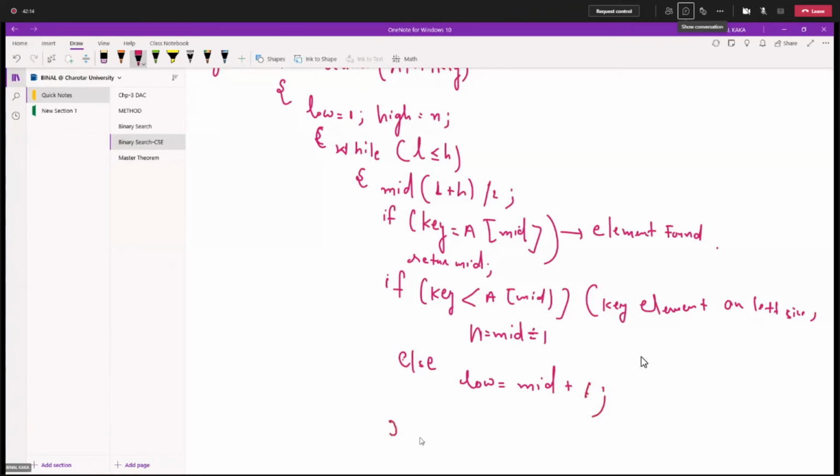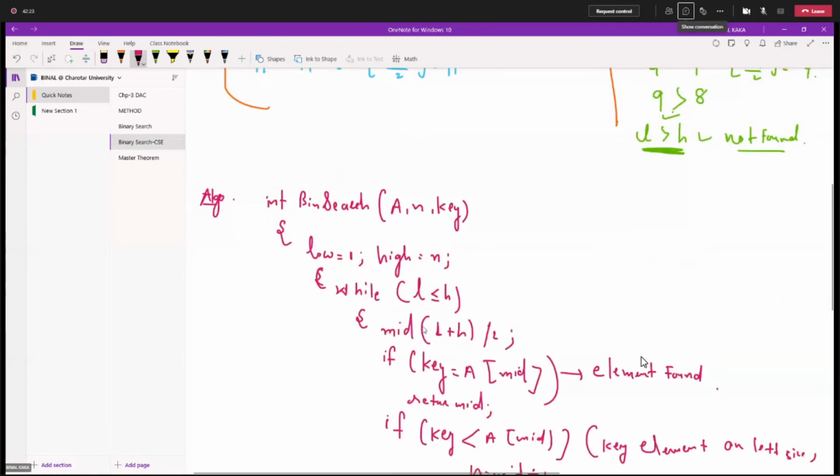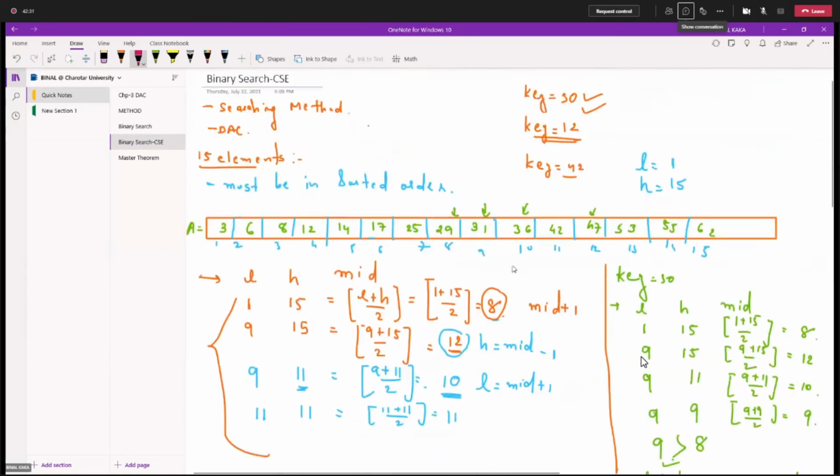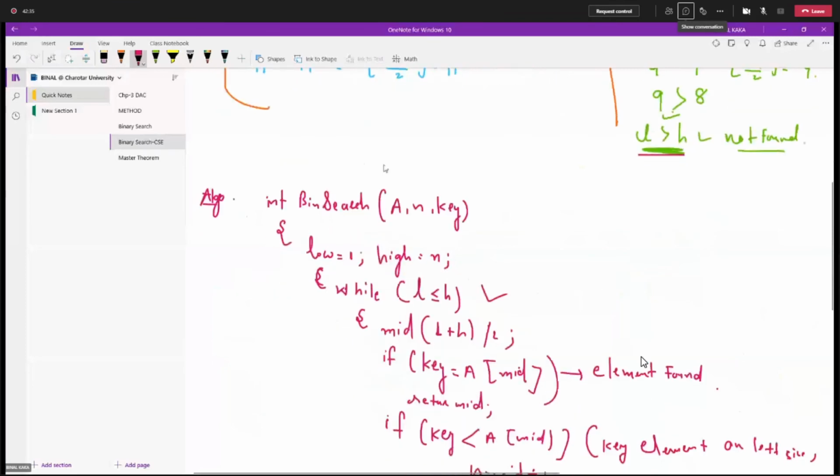And then done, return 0, right? So this is how the algorithm actually works. The condition will always be low less than or equal to high, that's fine, but if low is greater than high, then you can say that your element is not available in the array, right? So this is the algorithm.